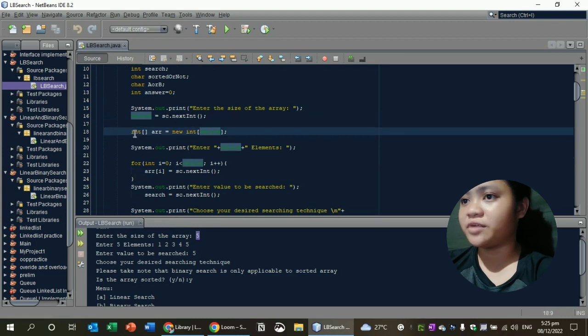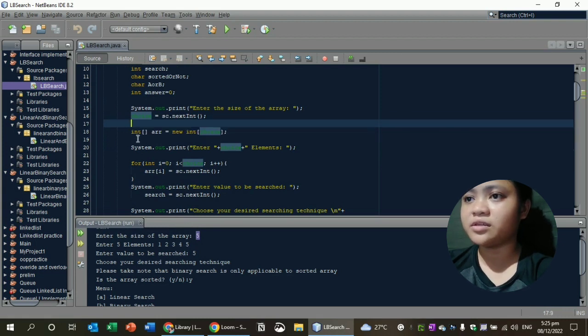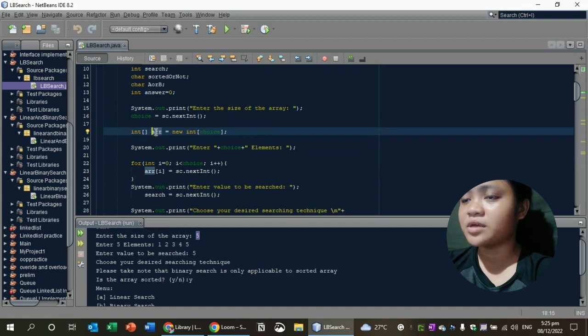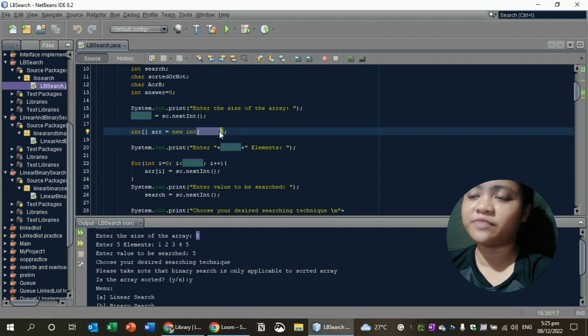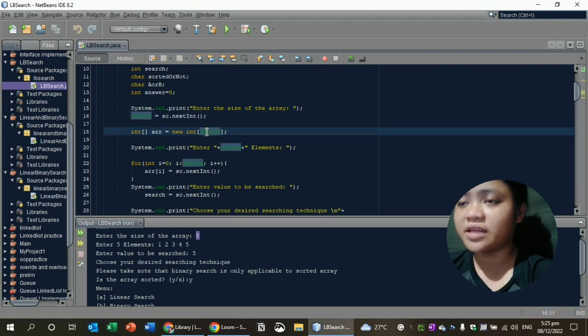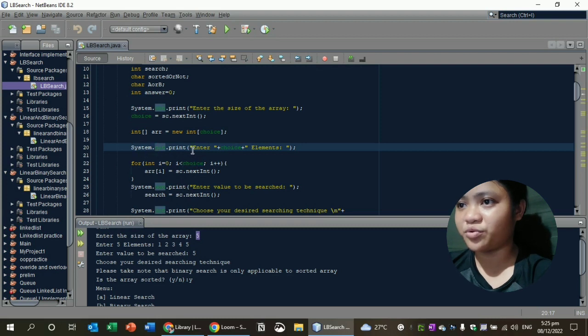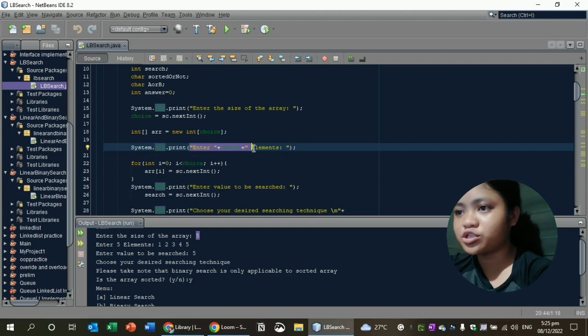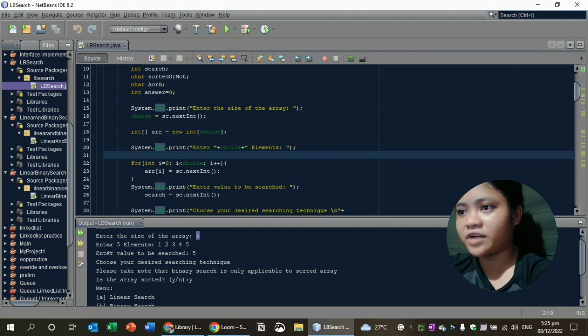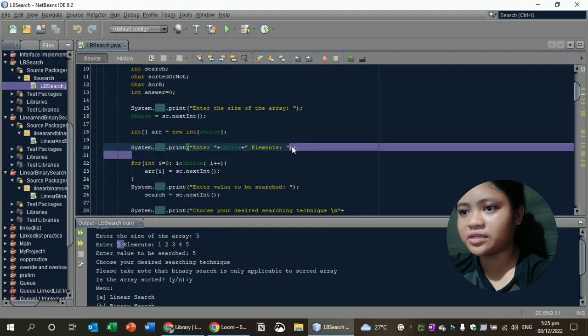After that, I created an array. I created an array named R, and I set its length to whatever the value that we had inputted earlier. So the value of choice is 5, which means that our array can contain 5 elements. That is why when we print out this text, enter choice, so enter 5 elements. So this has been printed out,